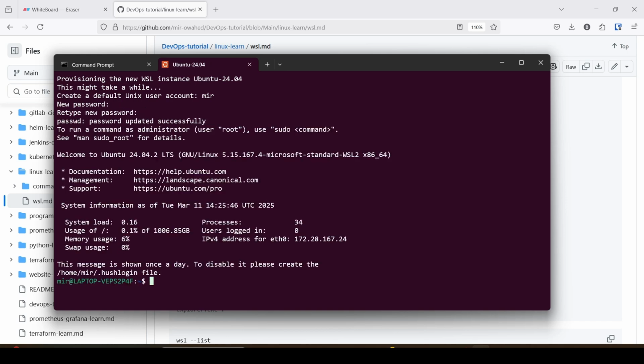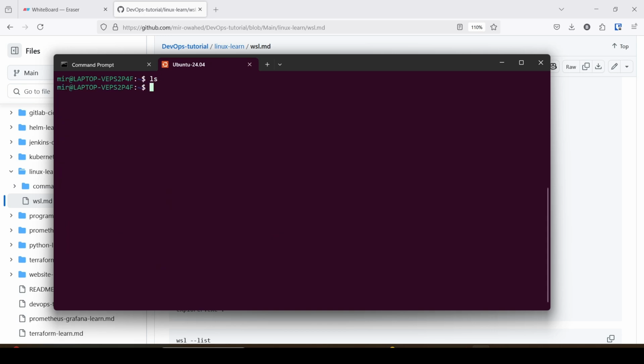Okay, clear the screen, Control L, then ls and pwd. If we want to create a directory, mkdir, any name you can give, paste. And if you want to